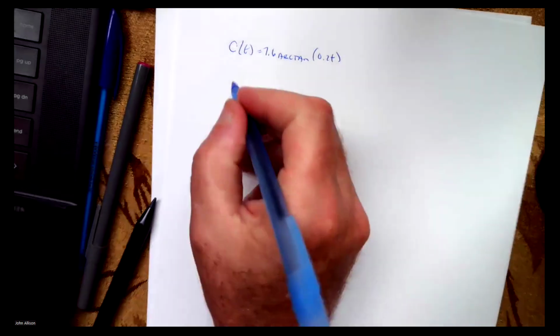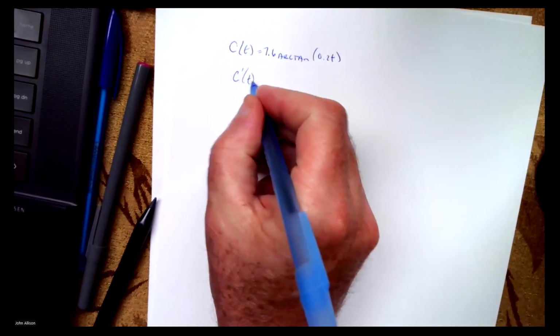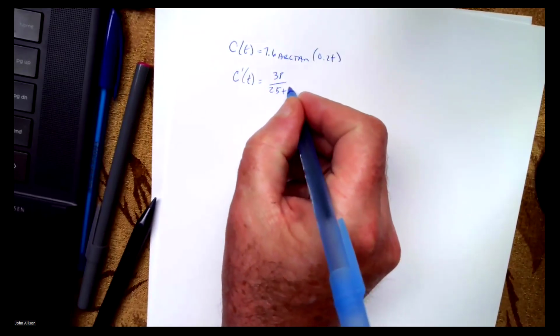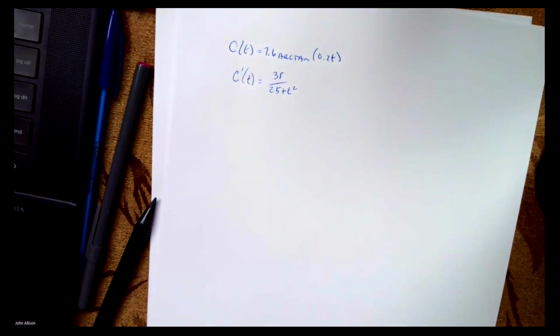It can be shown that c prime of t is 38 over 25 plus t squared. Find the average number of acres affected by the invasive species from time t equals 0 to time t equals 4 weeks. So the average